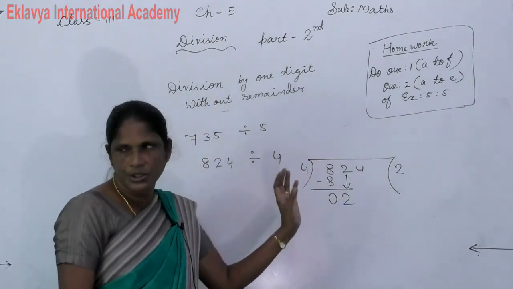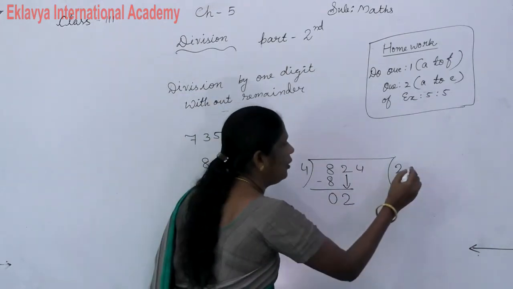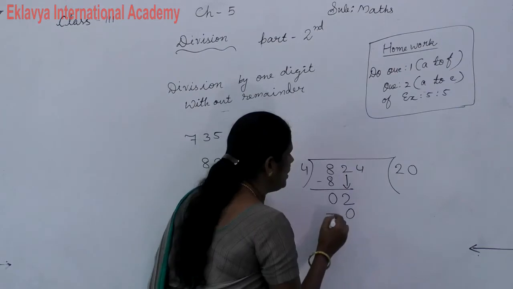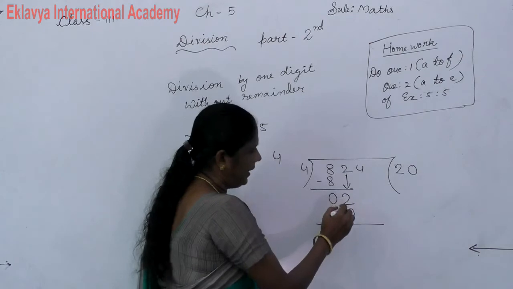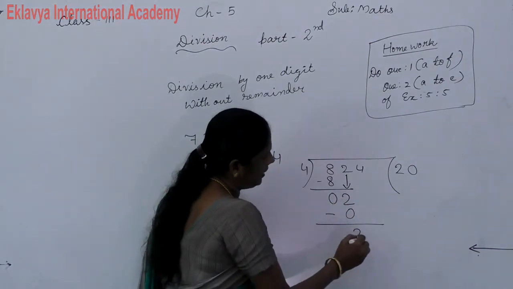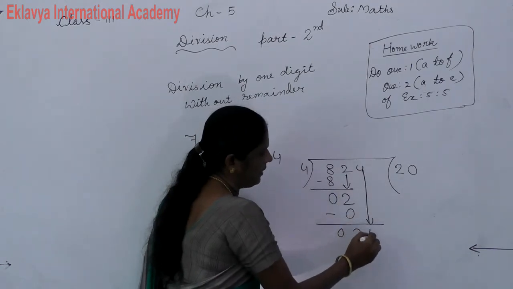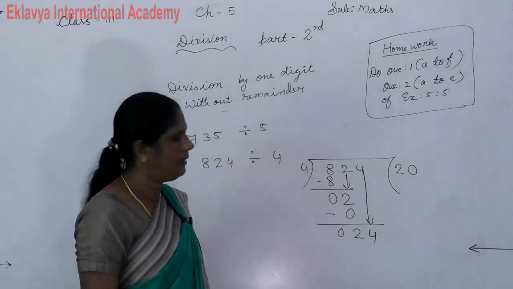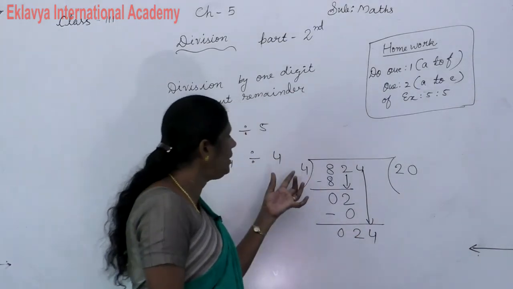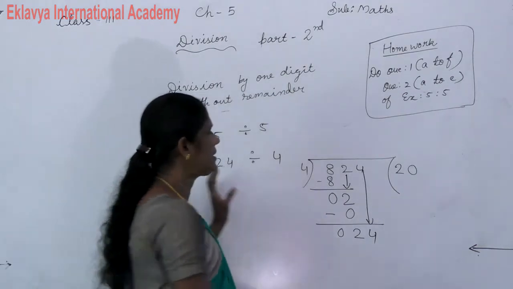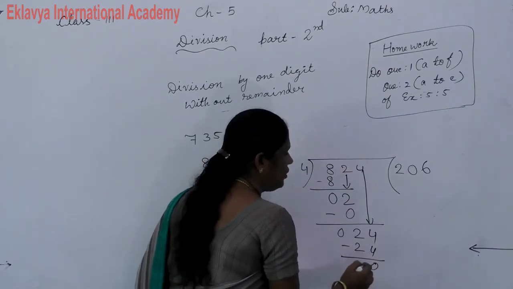Now say the table of 0. 4 0 ja 0. Then minus, then 2 comes here, then 0 here. Then this 4 comes downside. Now our number is 24. How many times gone? 6 times. Then 24. Then subtract, 0 0.